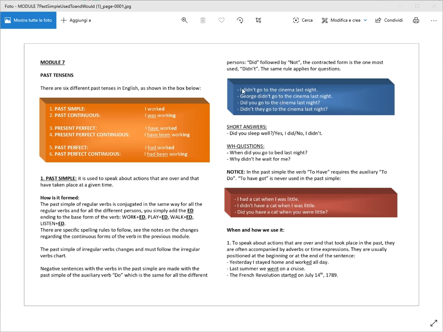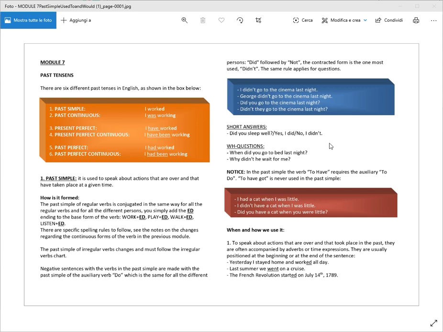As you can see, the verbs don't change from one person to the other. Therefore, the first person will have didn't followed by the main verb in the base form. Third person, George, didn't go. Again, the verb, as you see, does not change. For short answers, you will simply add yes, I did or no, I didn't. Remember what I say in class at all times. Short answers are very important and